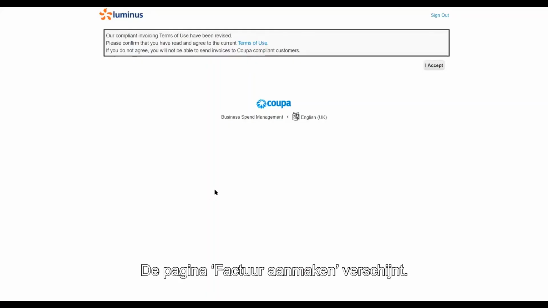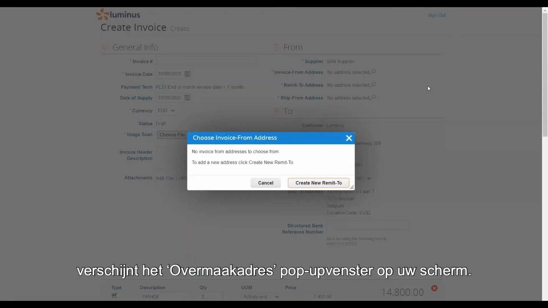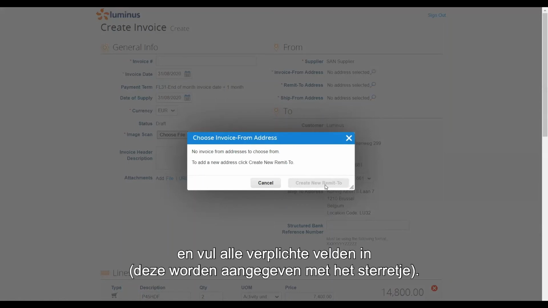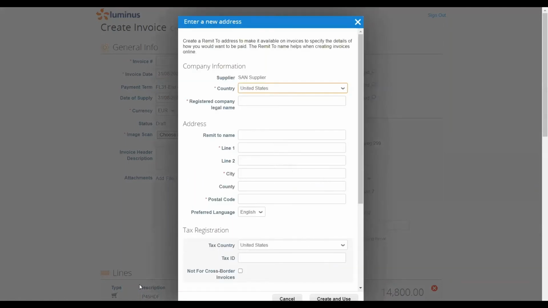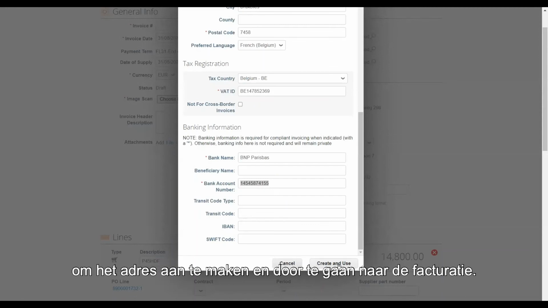The invoice creation page will open. You will need to accept the terms and conditions by clicking on I accept. As soon as you accept, the Remit to pop-up will show on your screen. Click on Create Remit to and fill in all the required fields marked with an asterisk. Once done, click on Create and Use in order to create your address